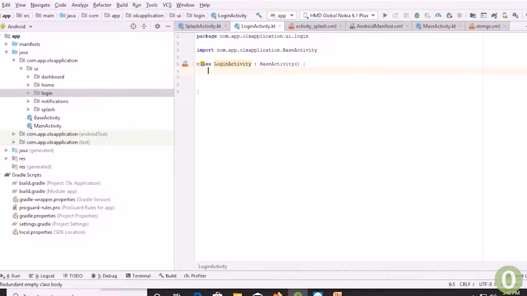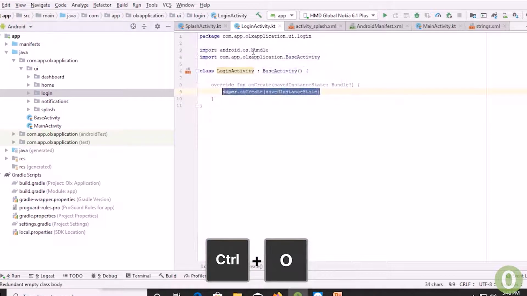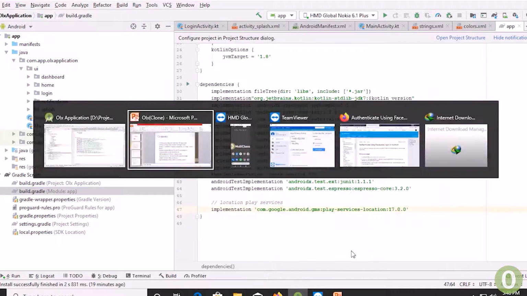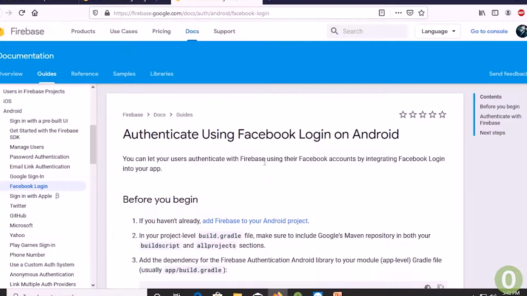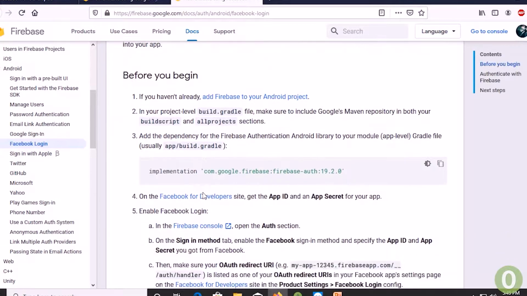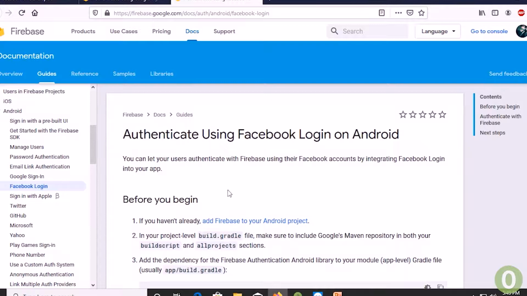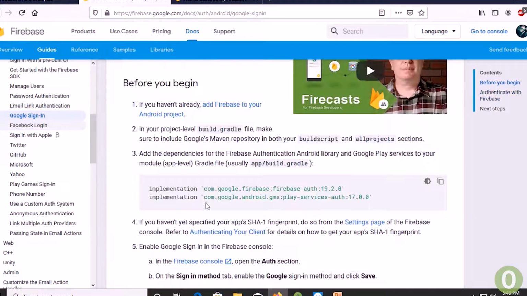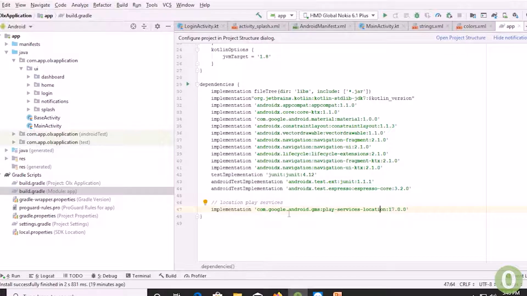And now what I'm going to do is, first method, I will override the onCreate method, and the next thing I have to do is integrate any library or something. So these are the pages: authentication with Facebook login on Android and authenticating using Google sign-in in Android. So we are going to follow these steps, but before that we are going to